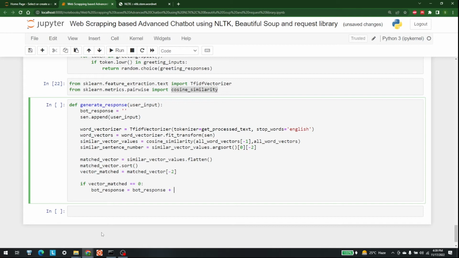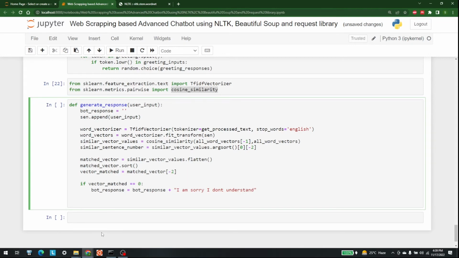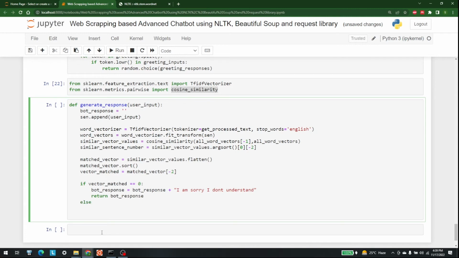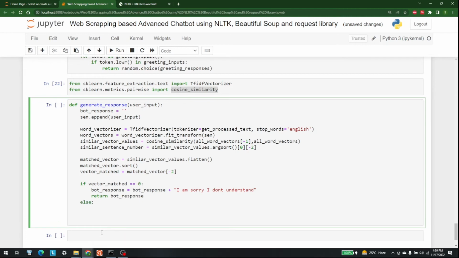After that, plus something like "I am sorry, I don't understand", right? And after that, we will have our return of bot response as well. So return bot_response, and later in the else statement we should have something opposite to this, right? So for that, we will write bot_response is equal to bot_response